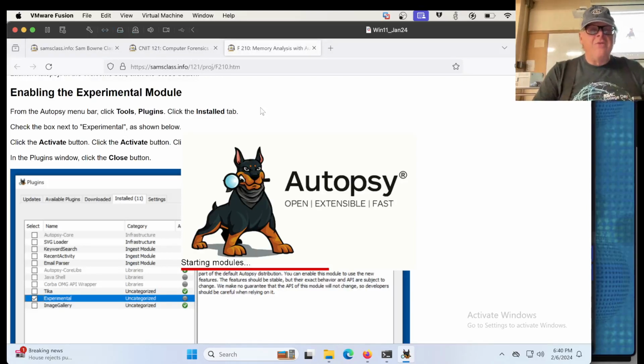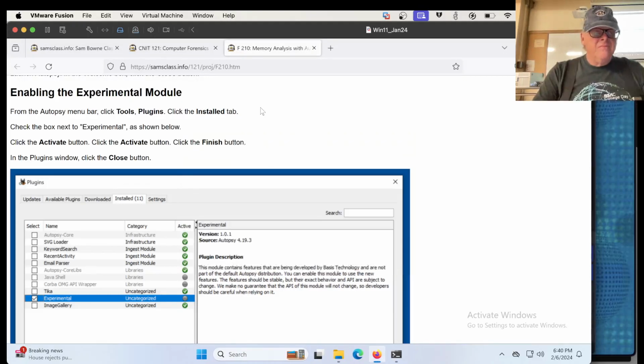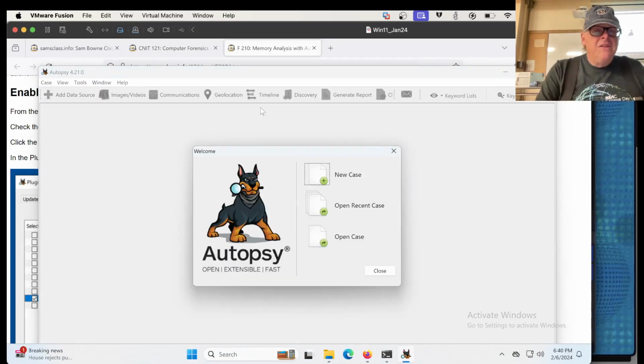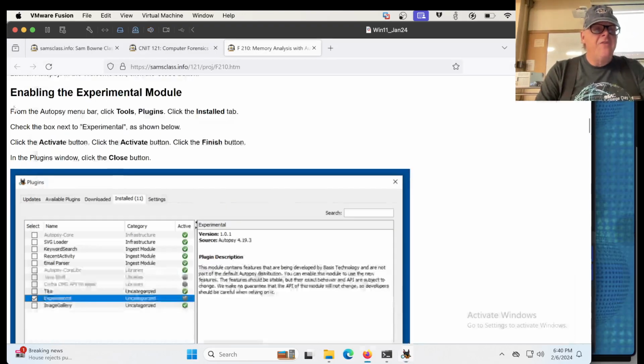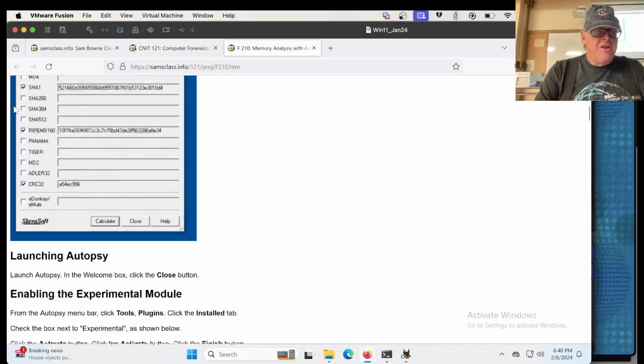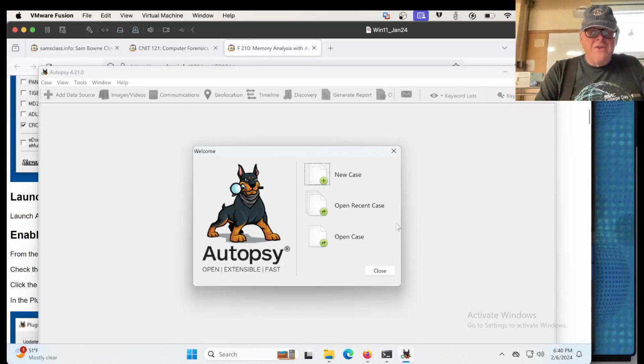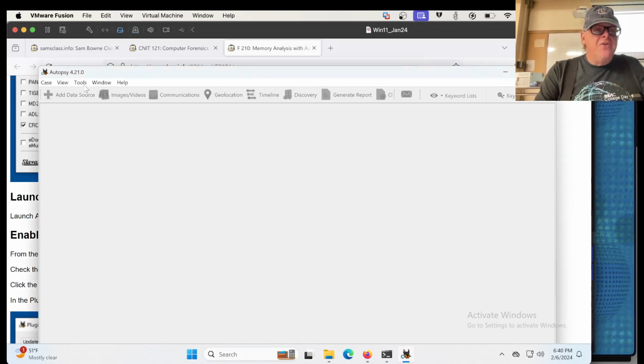So that's better for the demonstration anyway. So it's Tools, Plugins, Installed. All right, here's Autopsy. I guess maybe I have to make the case first. Let's see. Launch Autopsy. Oh, nope, I can close the open box. So I'll close this. There we are. Now I can do Tools,